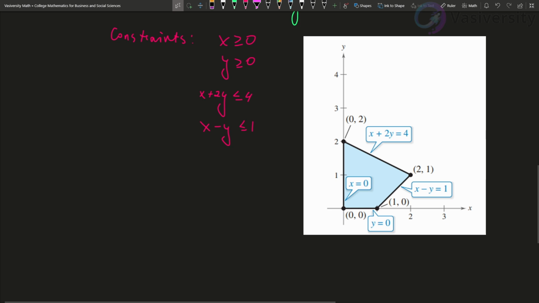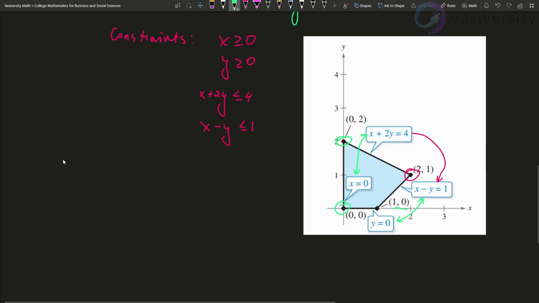Okay, so now what we have to do is, of course, find the intersections, these vertex points, right? To find the point (2, 1), we had to equate this equation and this equation, because that's where they intersect, and it's going to be this point right here. Then to find this point, we intersect this and this together, so we end up getting this point. And (0, 0) was the easy one. And then here, we'd have to do this too to get this point. Okay? So once we found all of the points, we have to evaluate our objective function